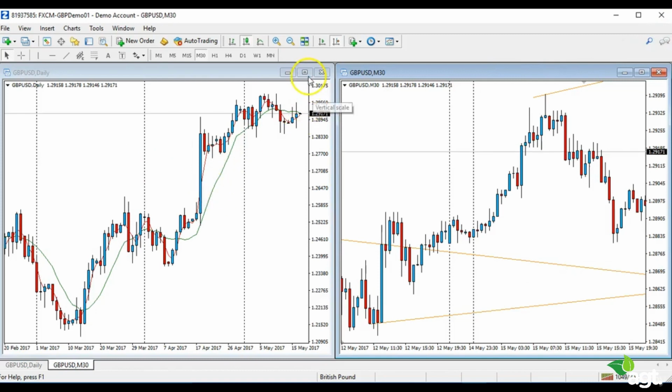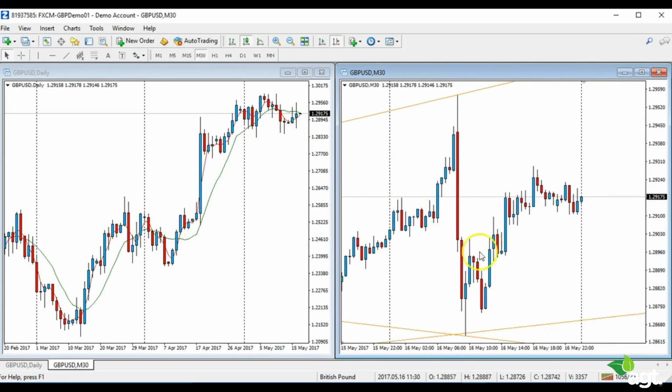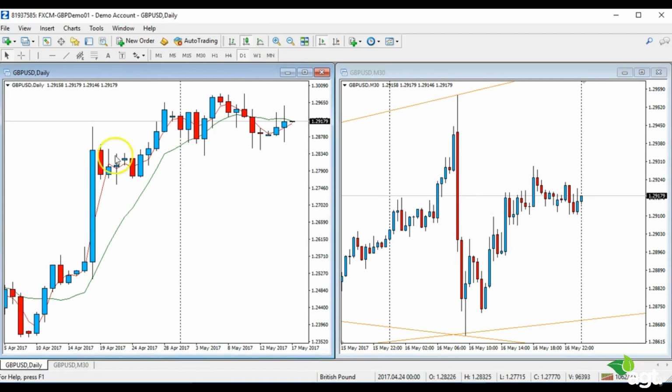And on the daily chart, this designates a whole month, okay? So this is April, this is May, and this is the 16th of May. So this 30-minute chart here is represented by what happened yesterday. So what we can see is, if I go here and I start drawing some lines on the daily chart,